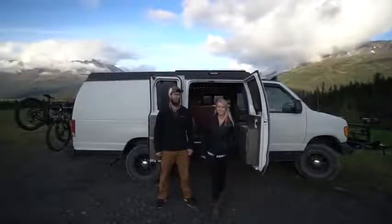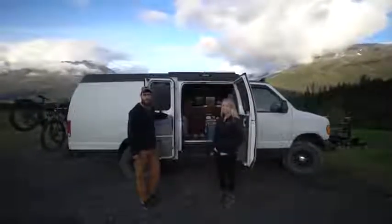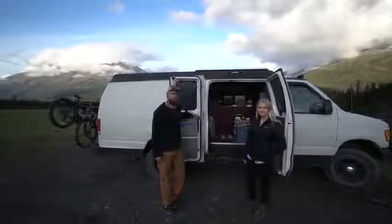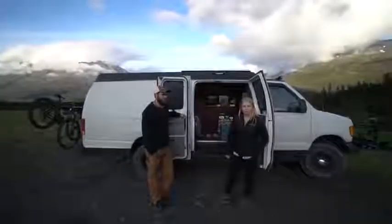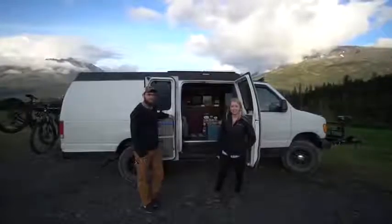We're from Florida, and today we're outside of Seward, Alaska. This right here is the Flak Wagon. FL being Florida, AK being Alaska. We drove all the way from Key West to the end of the road in Homer, and here we are in Seward now. We quit our jobs and we decided we wanted to travel for at least a year was